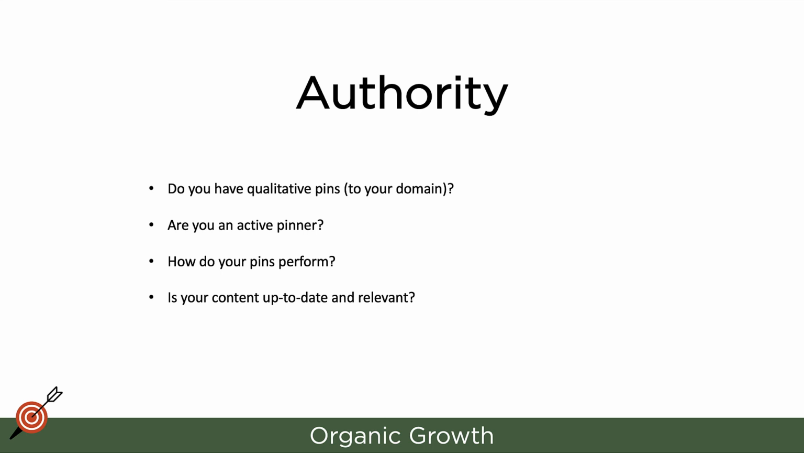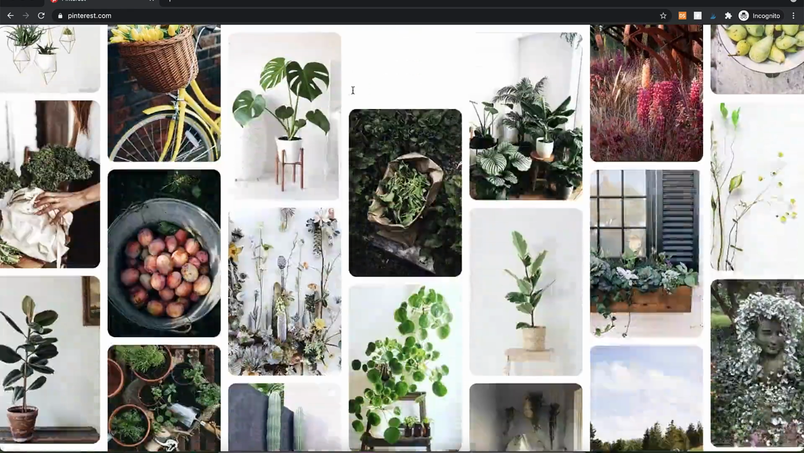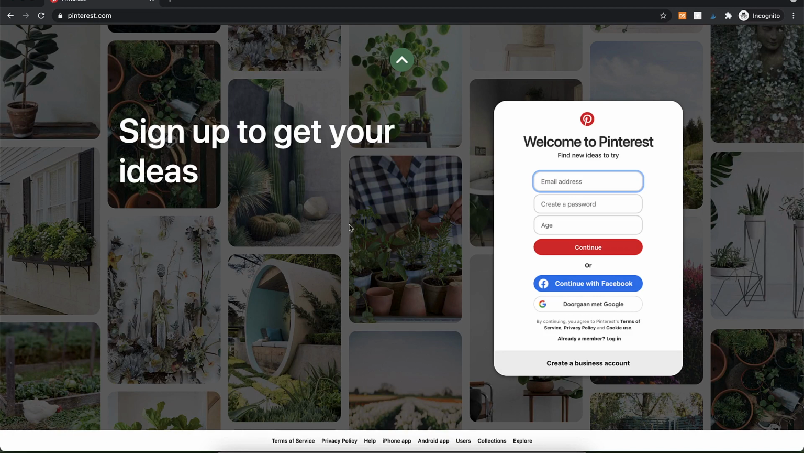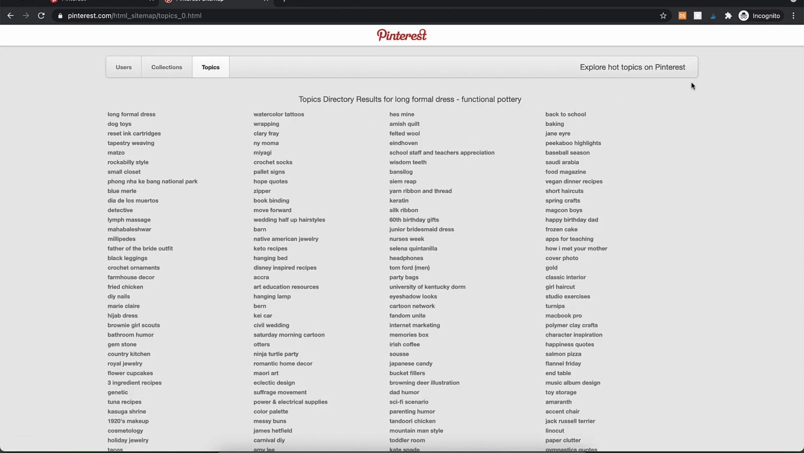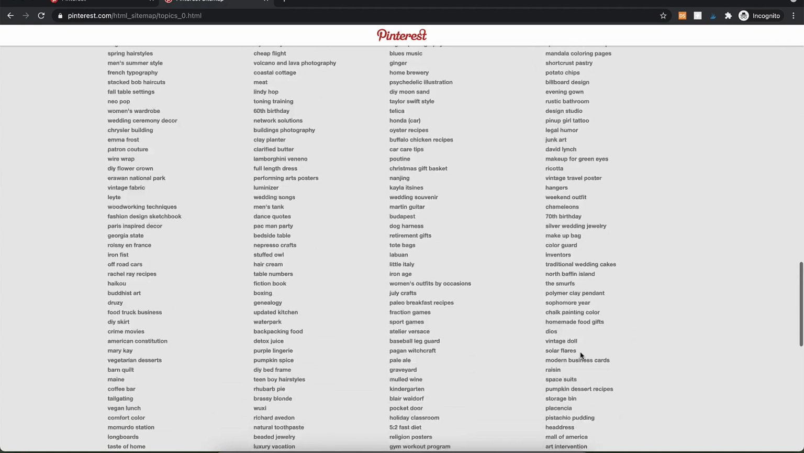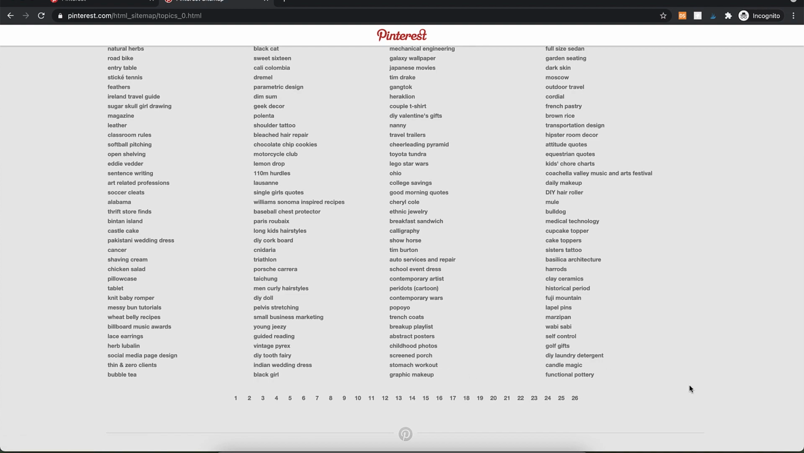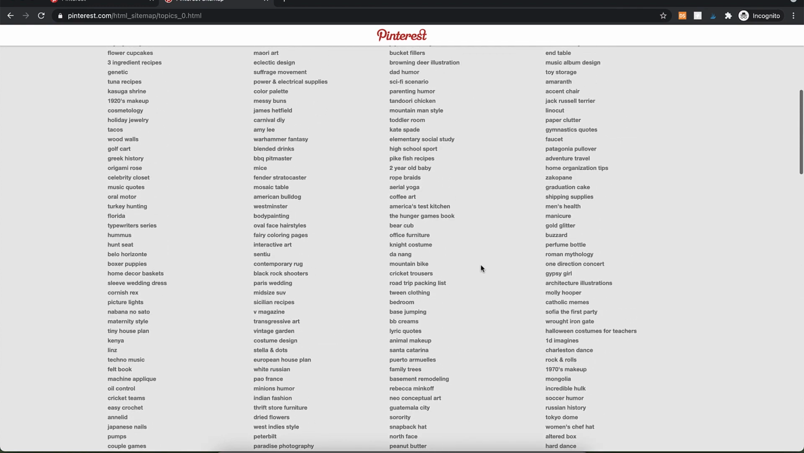And for this last point, I'm going to share you guys a quick tip on how to find content ideas. When you go to pinterest.com and you scroll down, here you get the screen to sign up. But when you go down here, you see collections. And when we go to topics, you can see explore hot topics on Pinterest. So here you can find well-performing, popular topics on Pinterest, and there are quite a lot. This goes on for 26 pages, so there's a lot of stuff here, and you just need to find things that you can use to create pins for, link to your website, and